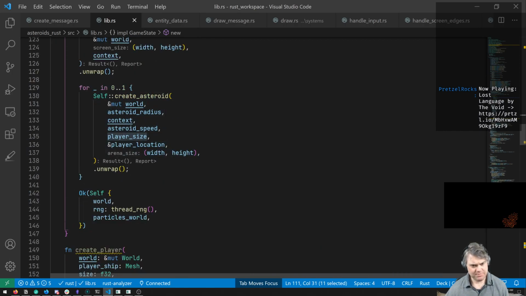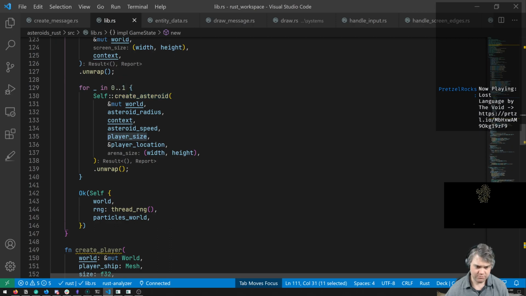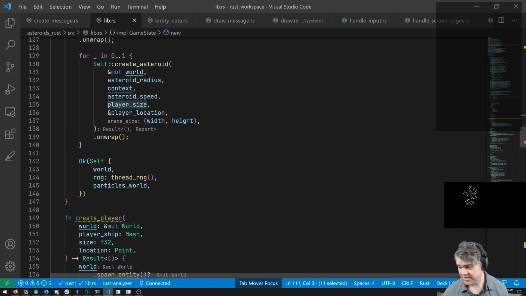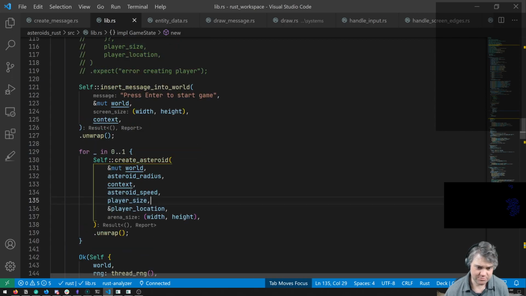Why is player size being passed to create asteroid? Why do you care? Oh, right, because you're trying to make sure you're not being created over the player. That would be interesting. I don't think that matters anymore. I don't think the way we're doing this is going to have a problem. So we could probably remove that.